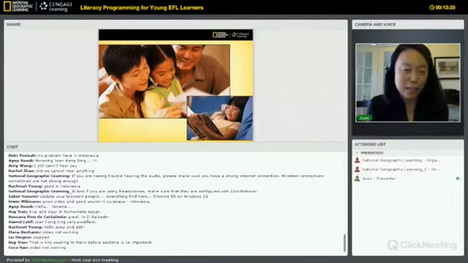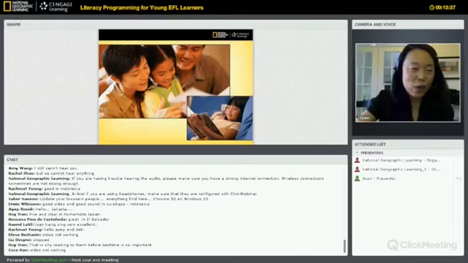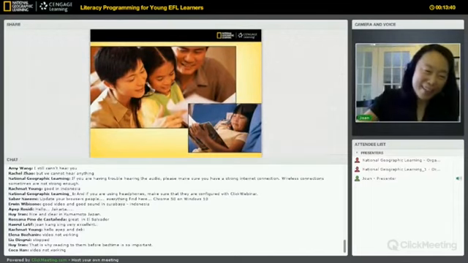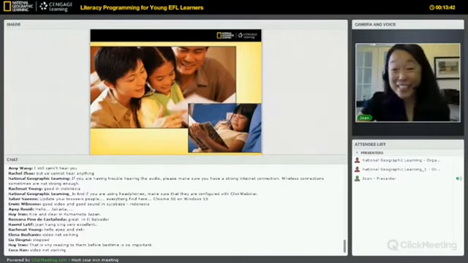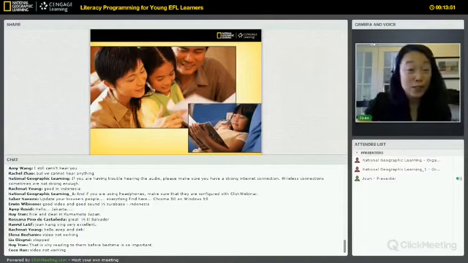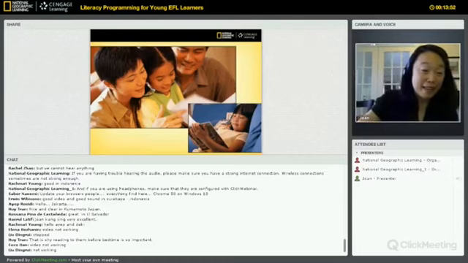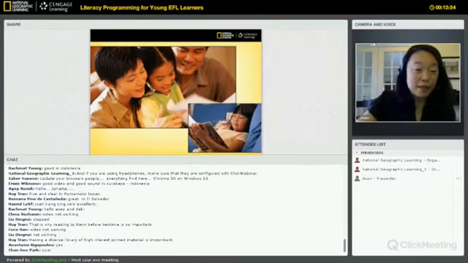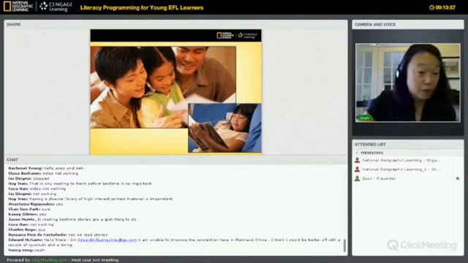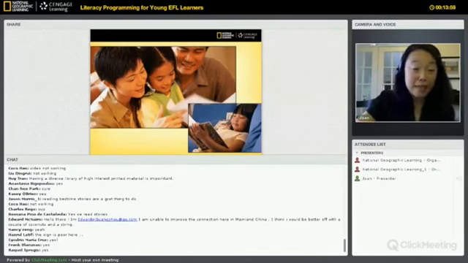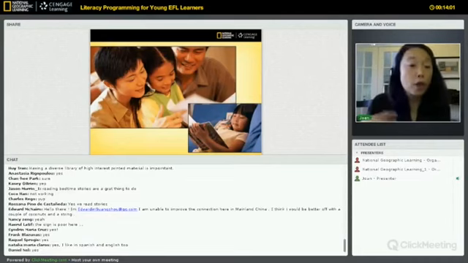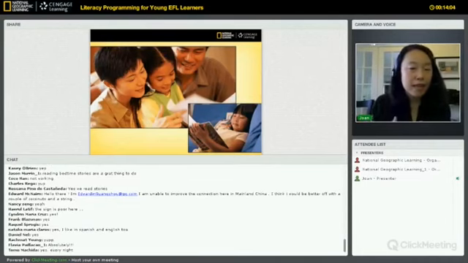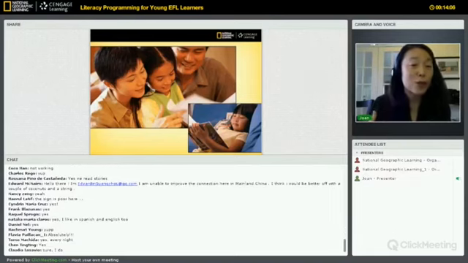And so I have a picture here, if you can see, which shows some parents who are reading a story to their little girl. Does this look familiar to many of you? Do you also read stories to your kids before they go to bed? Yeah, I see people talking about, yes, reading before bedtime, very important. Yes. So there are all types of ways that we can get our students and our children ready to read